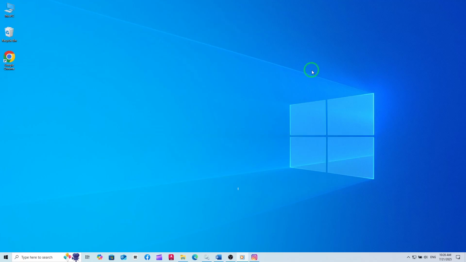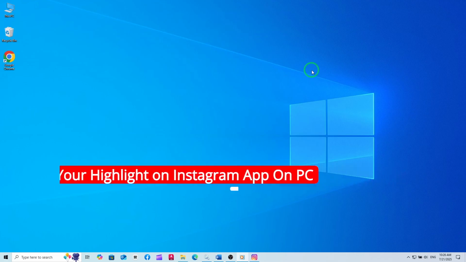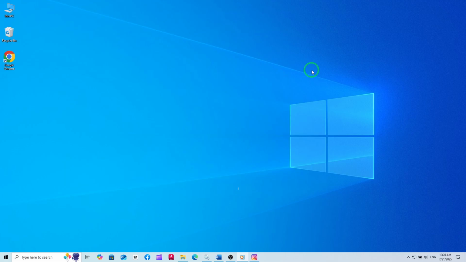Welcome. If you've ever wondered how to view your Instagram highlights right from your PC, you're in the right place. With the latest update, Instagram has made it easier than ever to access all your favorite memories, even when you're not on your phone. Today, I'll walk you through the simple steps to see your highlights using the Instagram app